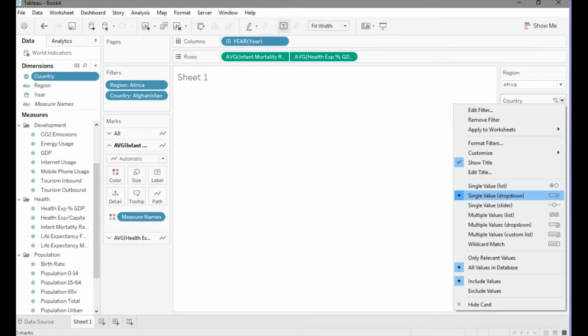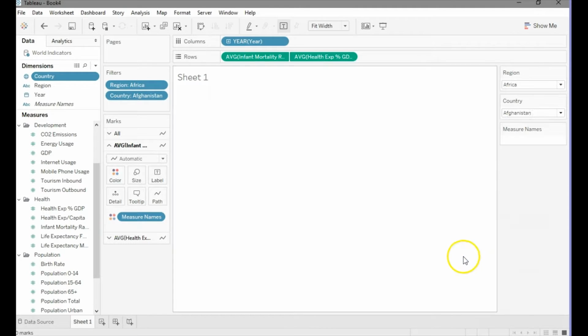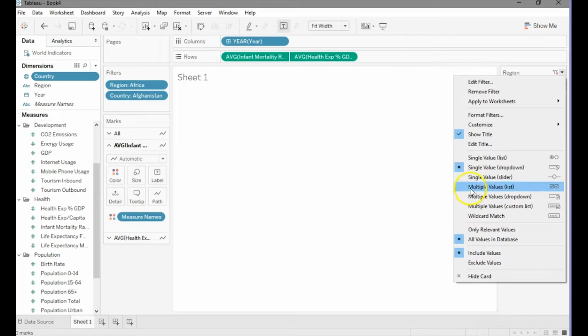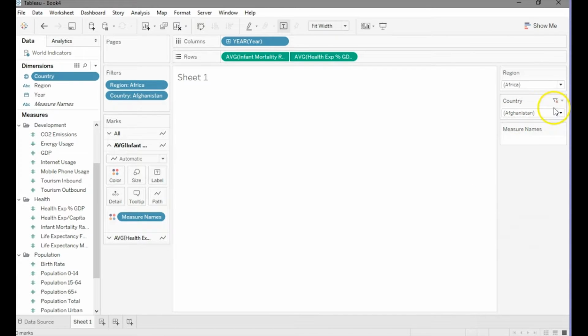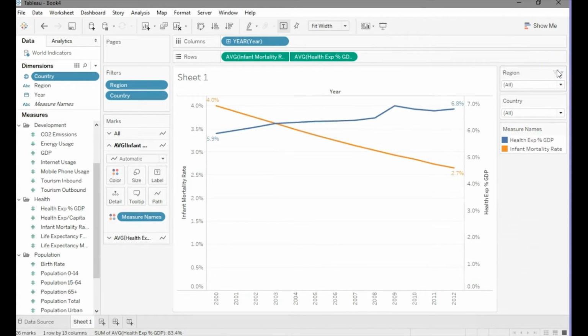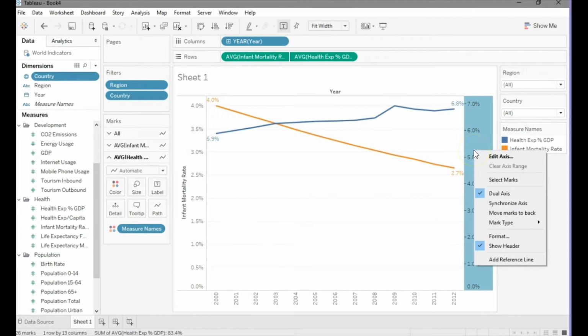Now what I'm going to do here is, this is interesting. I'm going to draw your attention here to the screen, and it says only relevant values. And so I want it to be only relevant values because the region is important because it allows us to subset the country so that you don't have to scroll all the way down to the V in all the countries of the world just to get to Venezuela, for example. You could just select the Americas and then